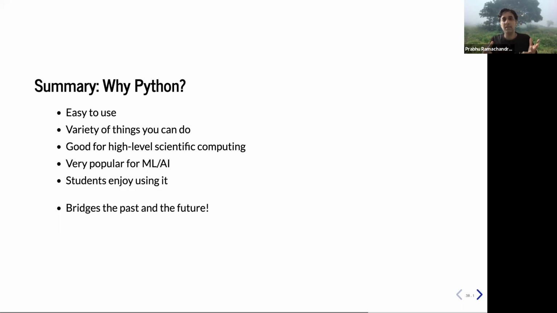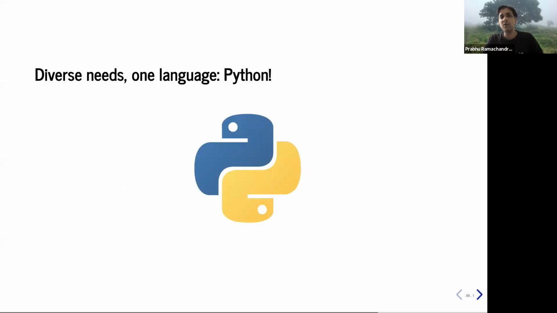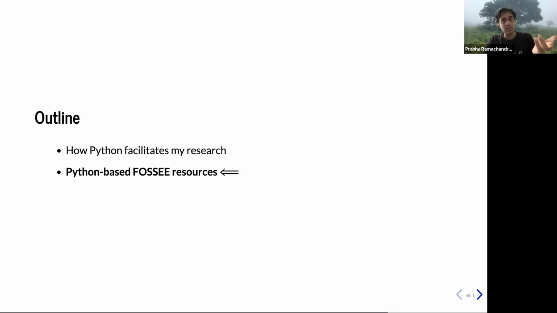So in a sense, I see this as a tool that allows you to bridge the past and the future. Even though I can't say anything about how long it's going to last, the very fact that I knew Python allowed me to transition from old traditional techniques to newer techniques. So I can think of it as a next generation technology. So the moral of the story is there are diverse needs that a researcher has, and if you learn one language, I would recommend that one language be Python because it's extremely powerful. Of course, this does require that you master these tools and you master the programming language well. But because it's so applicable, you can do a lot of interesting things with it.